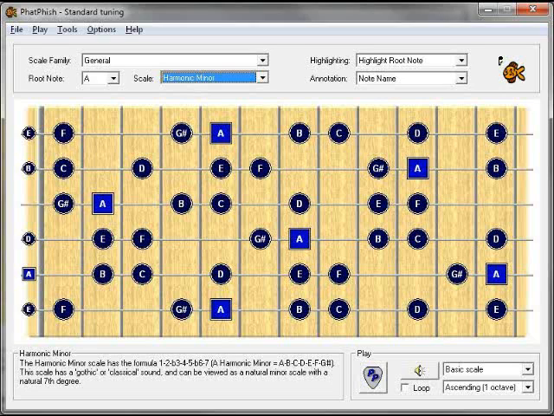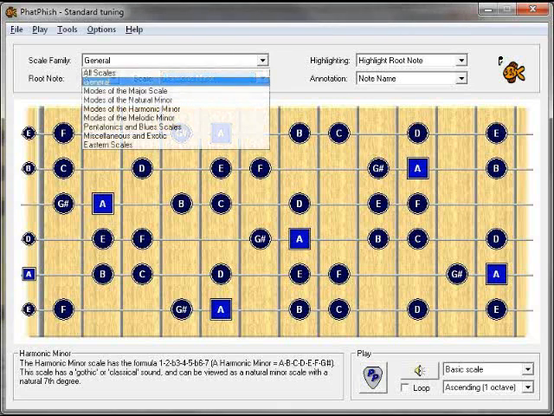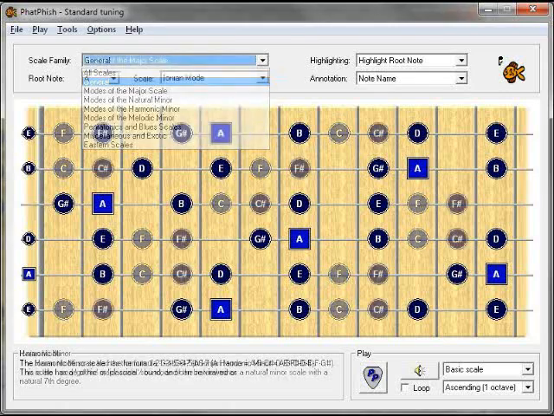Now within PhatPhish there's about 50 or 60 different scales in total. To make life easier, they're arranged into various different families. The general family that we're looking at here is the most common ones that you'll work with, like the major, natural minor, harmonic minor, and so on. But if we look at the families available, there's things like the major scale modes, natural minor scale modes, pentatonics, various other ones. So if we just skip down and have a look at the modes of the major scale,